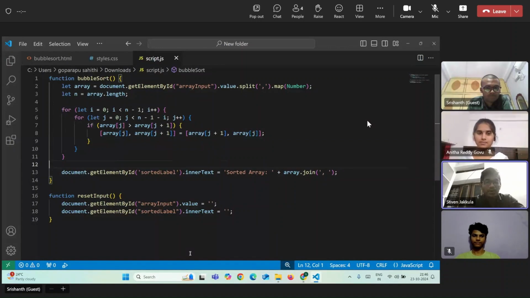This JavaScript code implements the bubble sort algorithm with a visual representation of the sorting process. The bubble sort function retrieves user input, splits it into an array of numbers, and initializes the sorting loop. The sort step function compares adjacent elements, swapping them if they are out of order, and updates the display